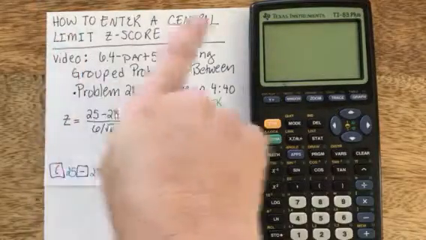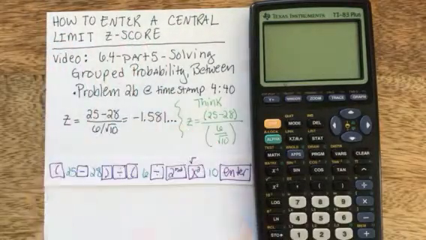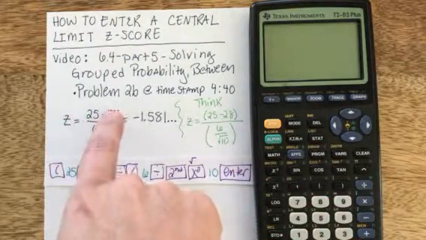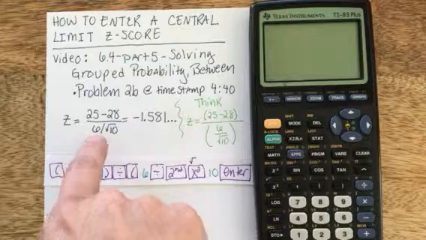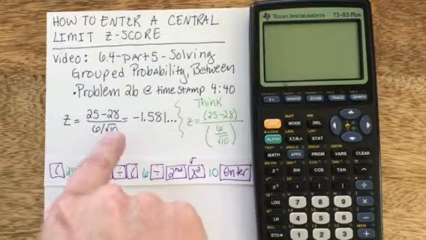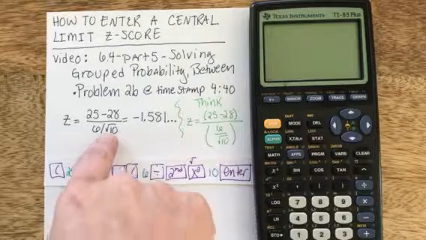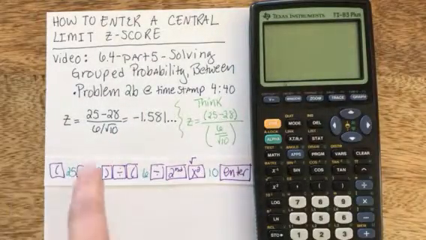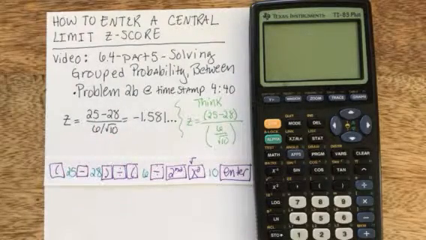Now I'm going to show you how to enter a central limit z-score, which is a z-score made up of a data value minus a mean over the standard deviation, or in our case, an average minus a mean over a standard deviation adjusted for a sample size. And since it's a little more complex, the way to enter it in your calculator